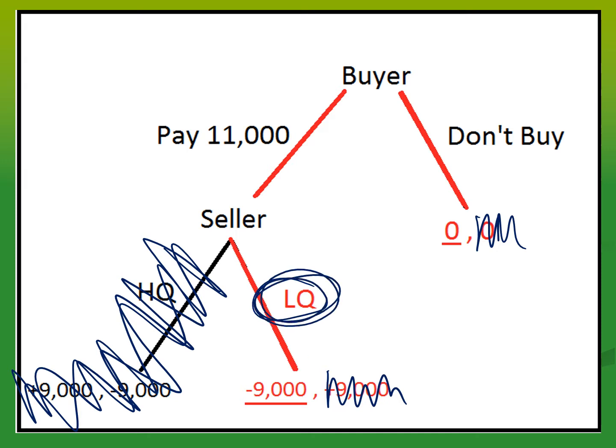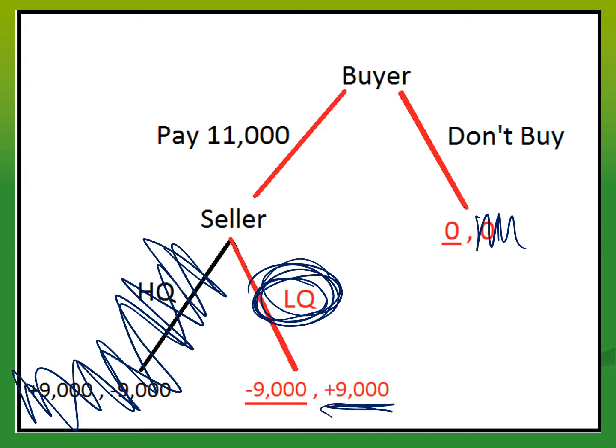We can't sell the high quality cars. We can't have anybody purchase them because the buyer won't be willing to pay and the seller won't be willing to sell at prices high enough to make that transaction take place. If the buyer were willing to pay enough to make the seller sell it, the seller would swoop in and just sell a low quality car and get the big payoff for them.